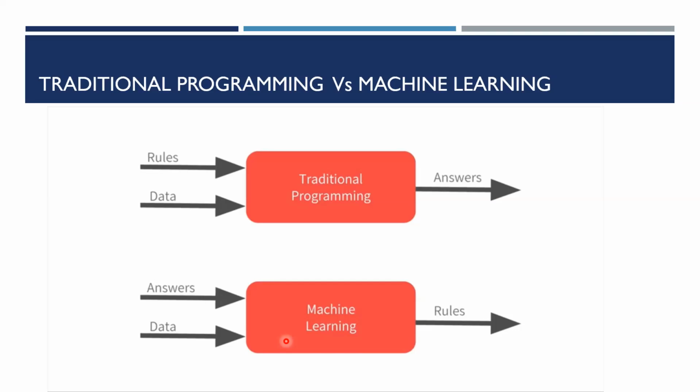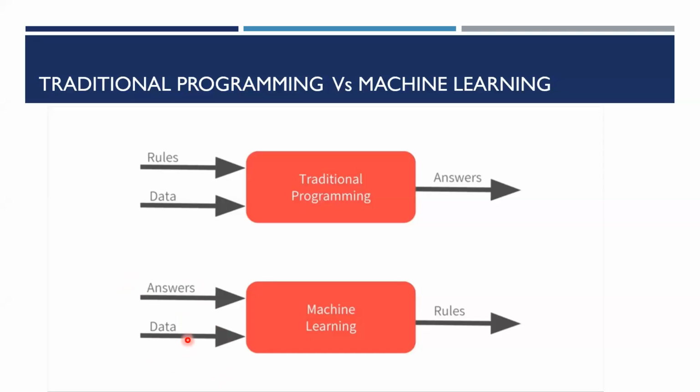You see an apple, then you see a mango, you see different types of mango, you see a banana, and in your mind you understand the shape is this way, the color is this way, and then you know. In a similar way, you give the data, just like you fed in X-rays in the documentary that you saw. You give so much data and the expected answers. You're not giving the rules here, you give the expected answers.